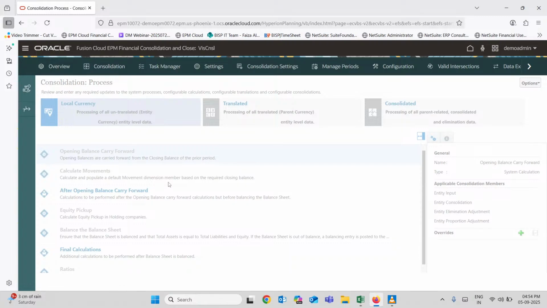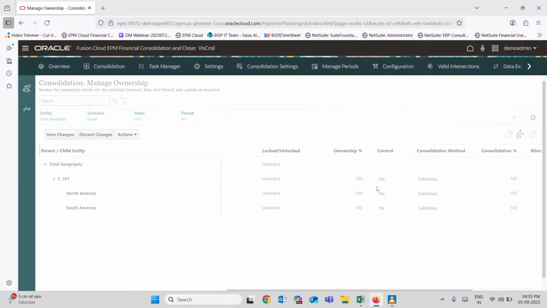We have to provide the following steps before deploying the consolidation rule. We have to check all of these things, but as we can see, we are not able to input the figures over here. If this application worked, I could have shown it, but this consolidation is only up to here. We simply have to define what is what. For North America it is holding instead of subsidiary. We have to provide holding, and then we are going to run the